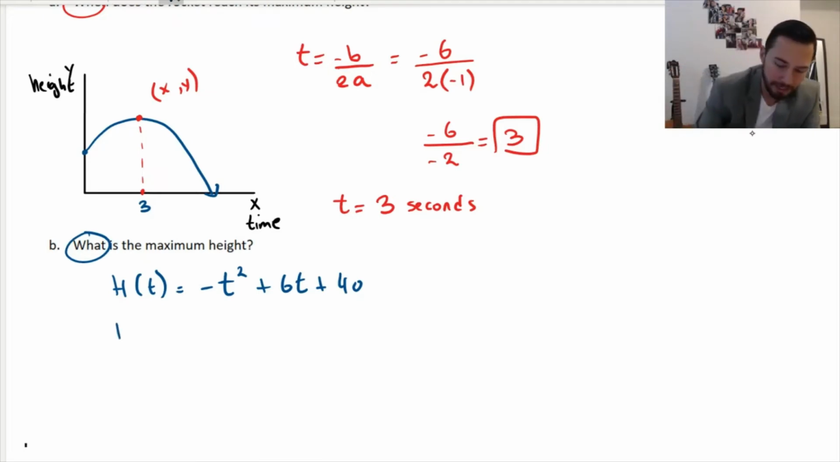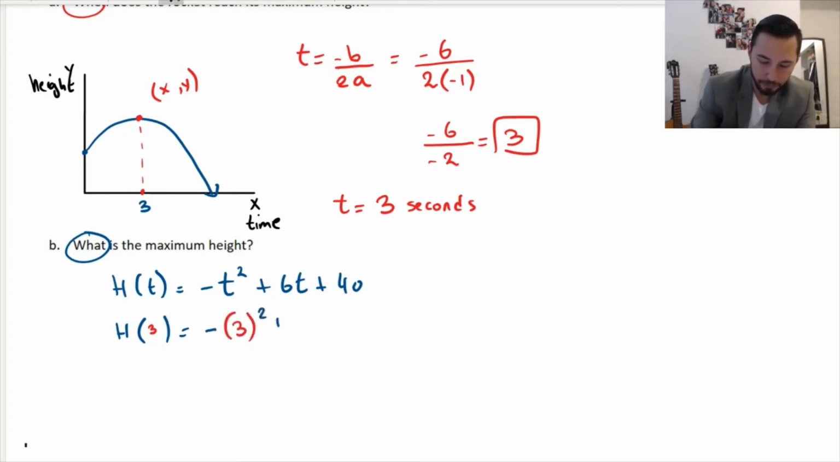So I have the height at 3 seconds, and I want to know what value that is. So all I have to do is substitute in, and it'll give me my answer. So this will be negative 3 squared plus 6 times 3